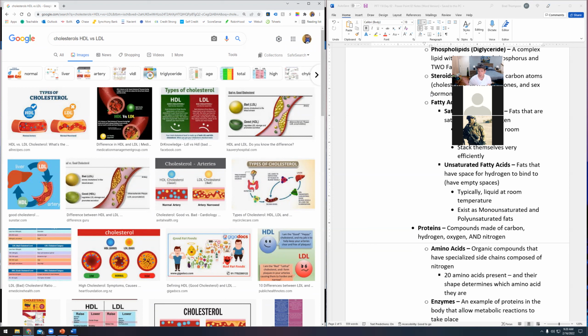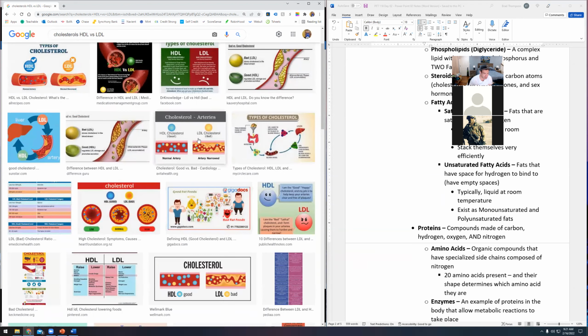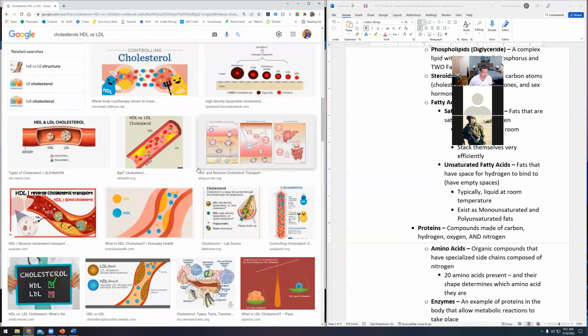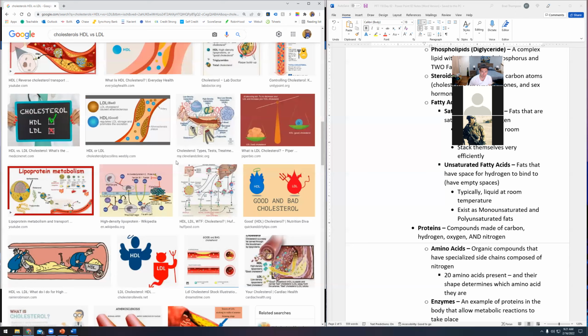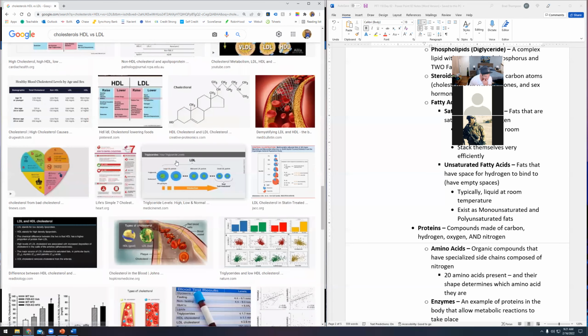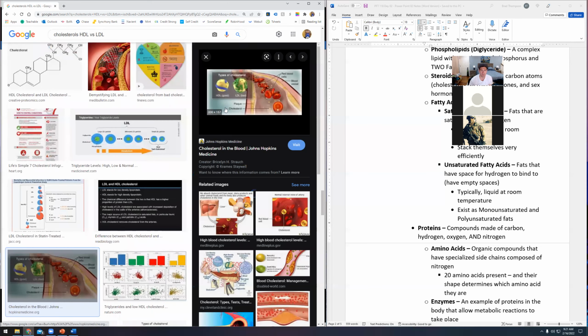To be fair, bad cholesterol, the low density stuff, has a job inside the body. It's just that we live in a world where we get way, way too much of it in our diet. And eventually it starts to cause problems. So just to show you the difference between what these actually look like. I don't know why I can never find the difference in their makeup. It's so funny. I'm always looking for this one picture and I always have trouble finding it. There we go.